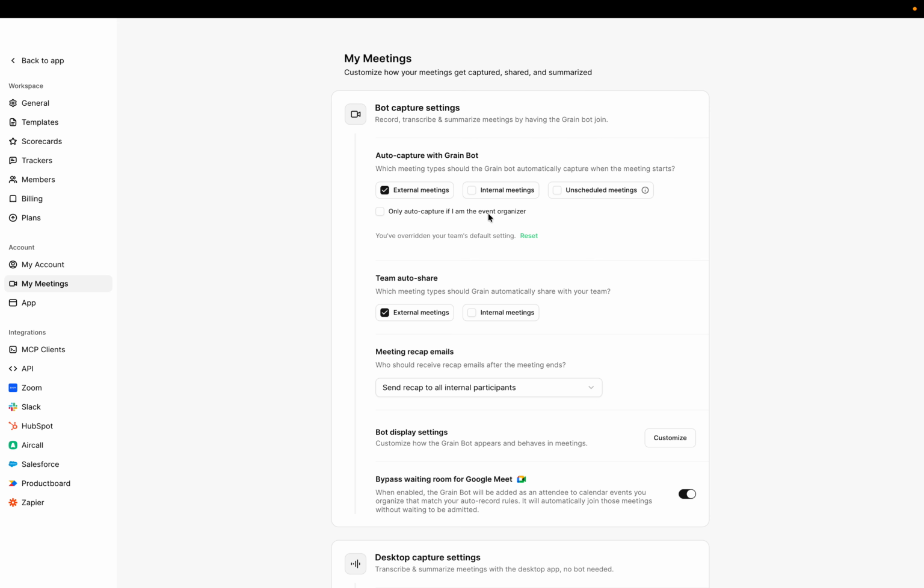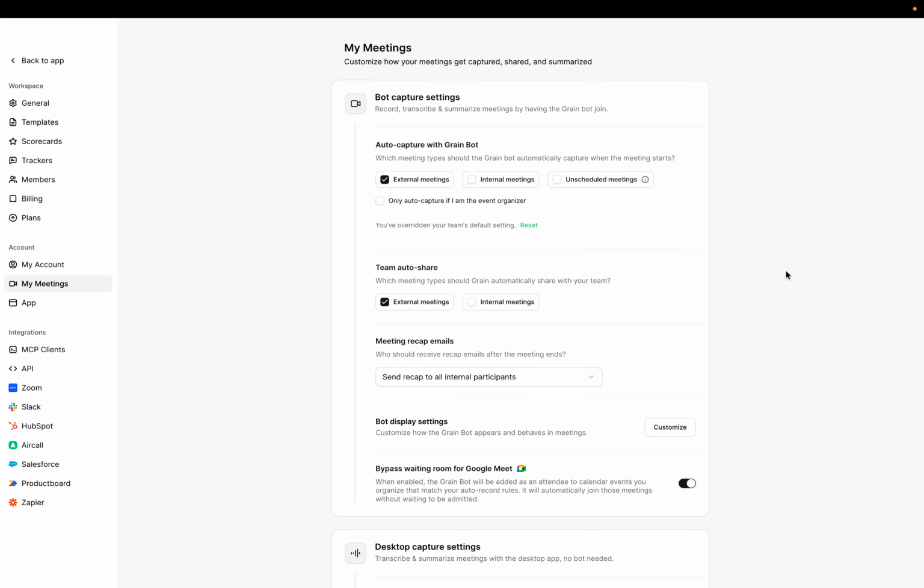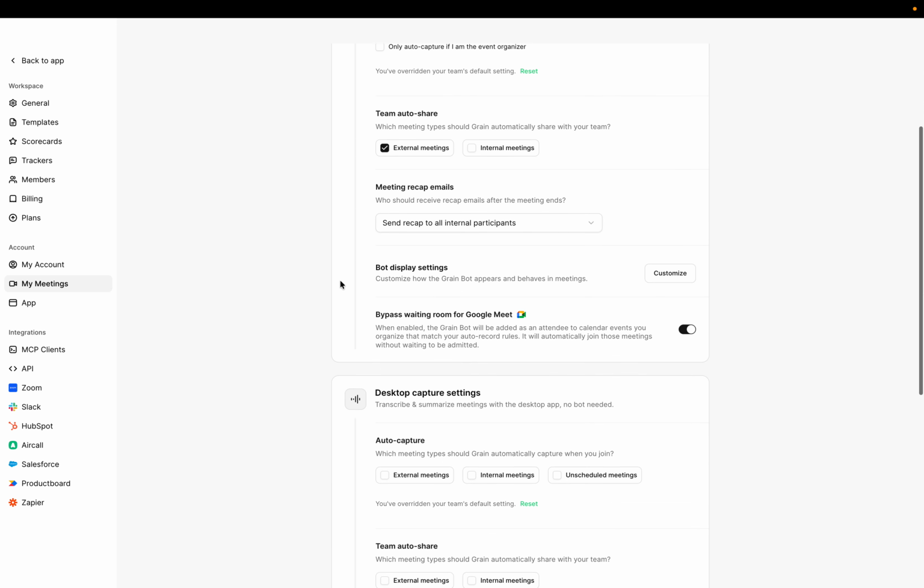External and internal meetings are determined based on the domains of the invited participants' emails within each meeting. So if they are internal domains, then the meeting will be marked as internal. If any of the domains are outside of your company domains, then it will be marked as external. Whatever external or internal meetings you have selected here are those that will get auto-captured or automatically shared with your